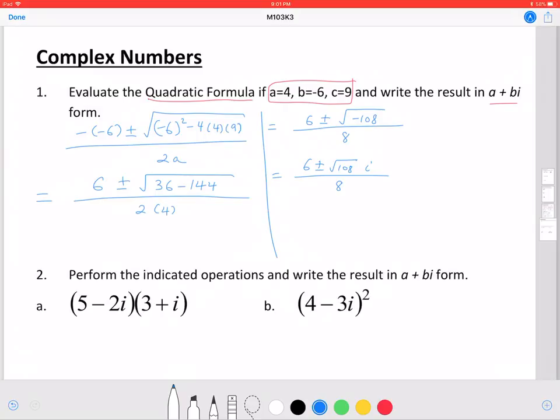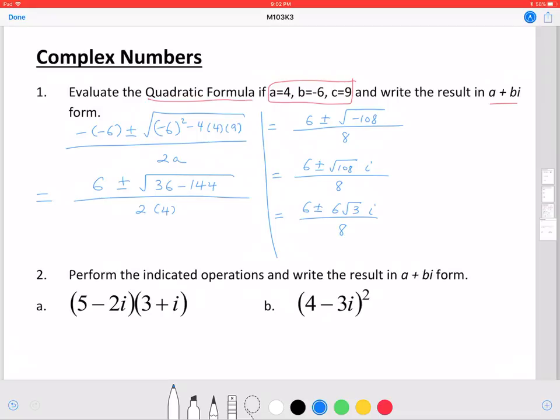And 108 is 36 times 3, meaning that can be reduced to 6 times the square root of 3i over 8. We're not finished here because 6, 6, and 8 are all divisible by 2,